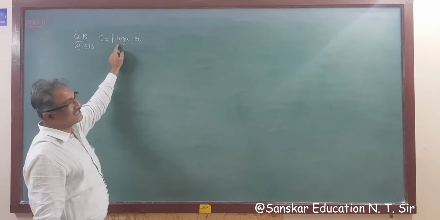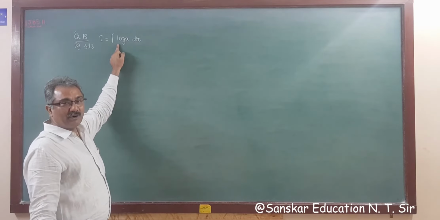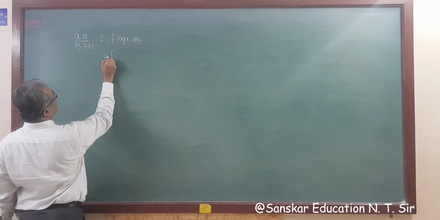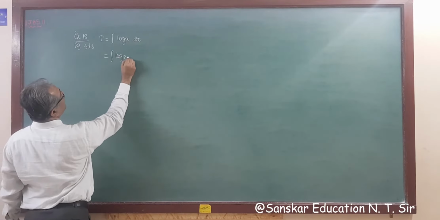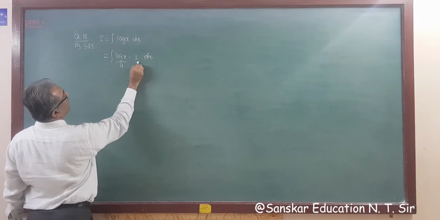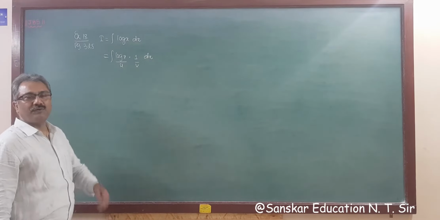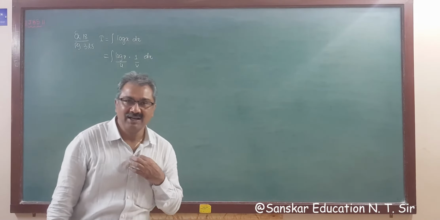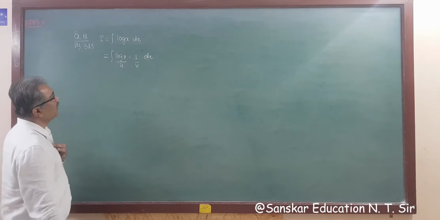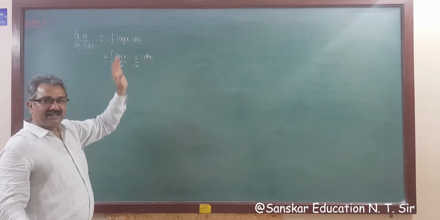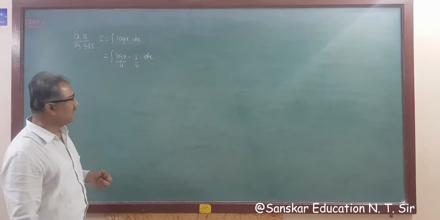You have to consider u in this order, LIATE. So log is there. Okay, this is u. Then what about v? V is 1, because we can write the function like this: log x into 1 dx. Can I write like this? So this is your u and this is v. While you are given only one function and you are not able to apply any standard formula, then you have to take that function as u and another function as v, that is, 1 multiplied with the function, right?